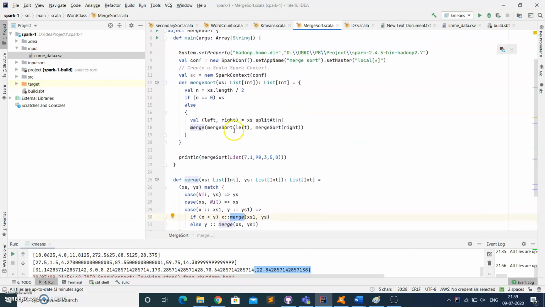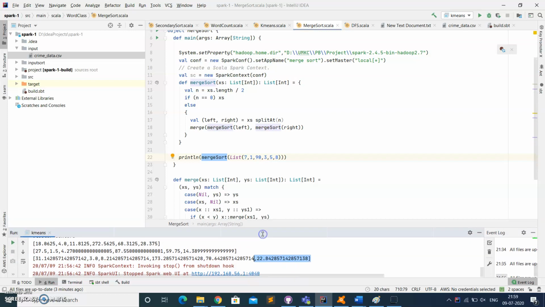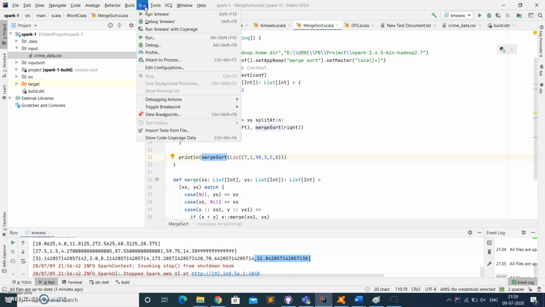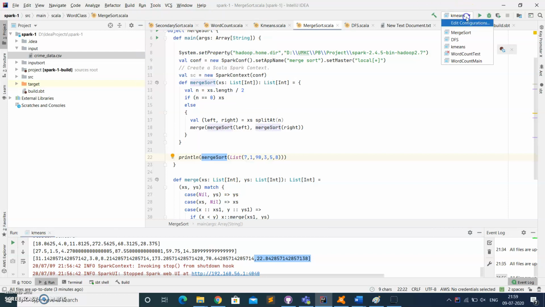So the input that we are taking is this one, and finally the merge sort output we'll just see like this.